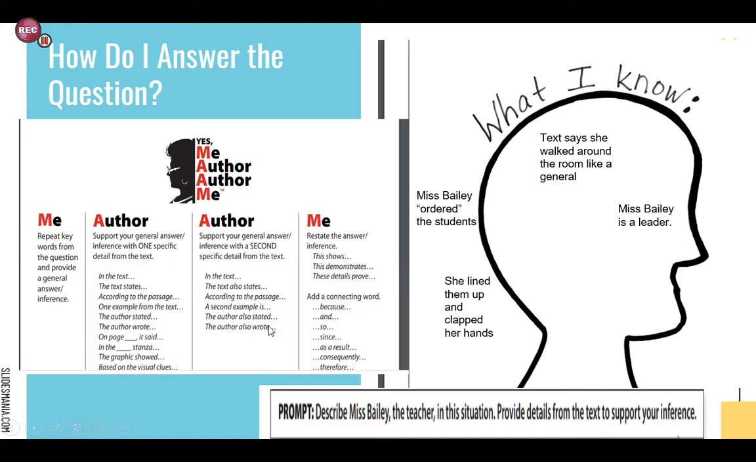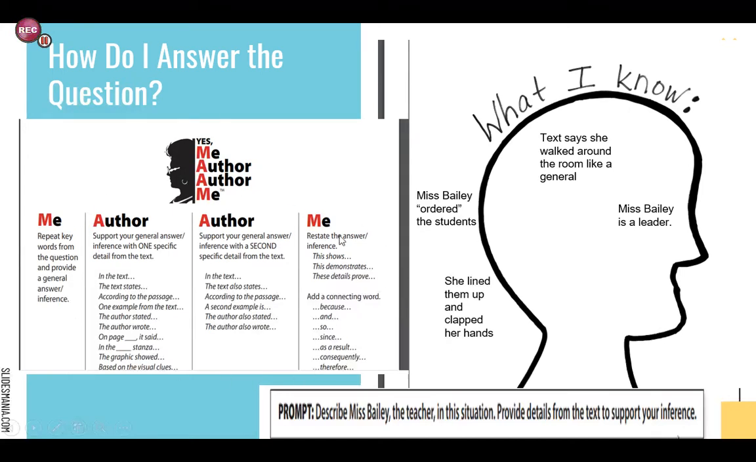And again, we'll take something from the text. And then finally, we're going to make a final inference. So we're going to restate the answer in our inference. "This shows," "this demonstrates," "these details prove," and a connecting word: because, and, so, since, as a result, and then our inference. So let me show you an example of a written response using this yes ma'am strategy and